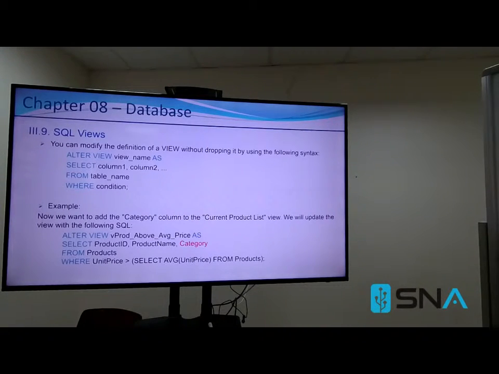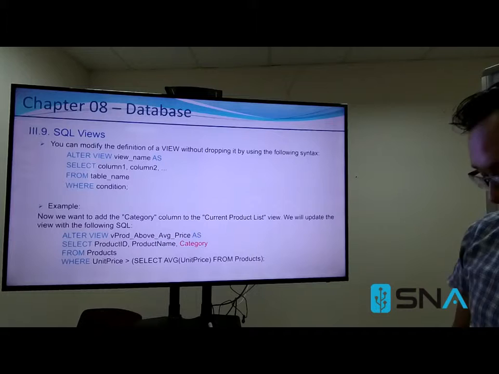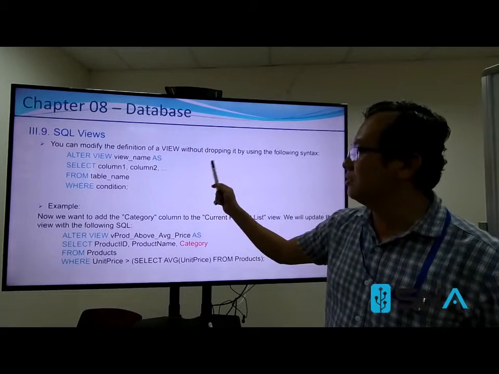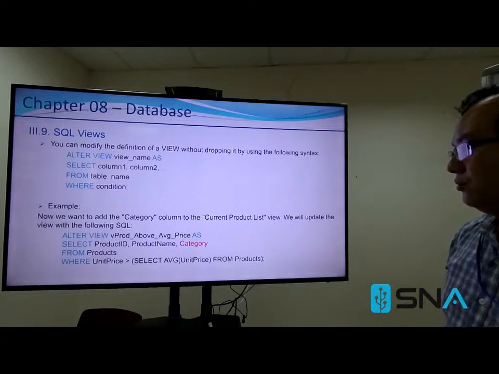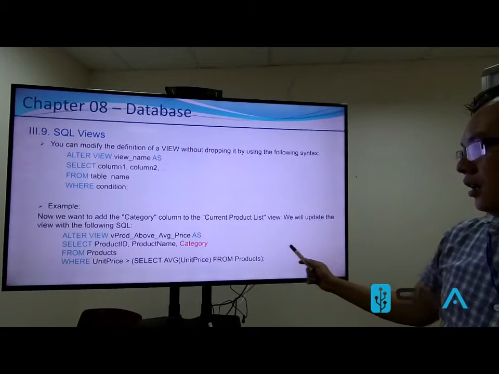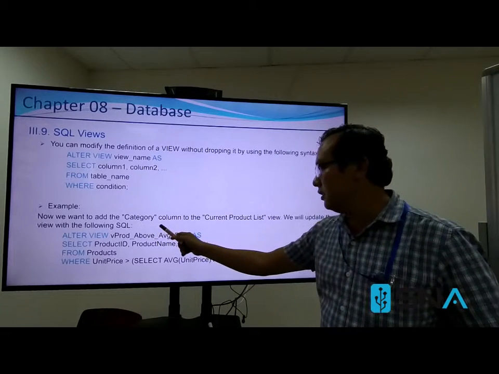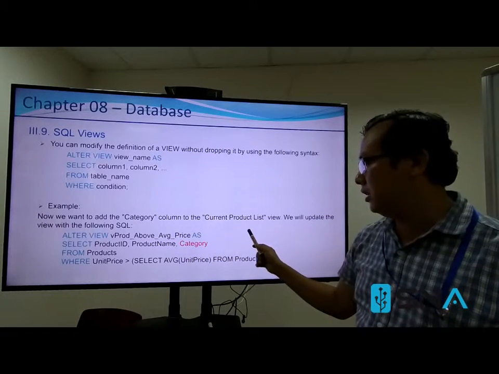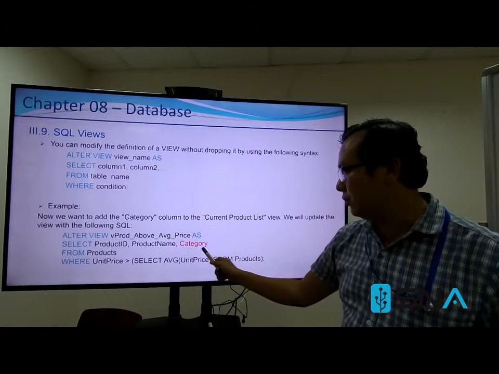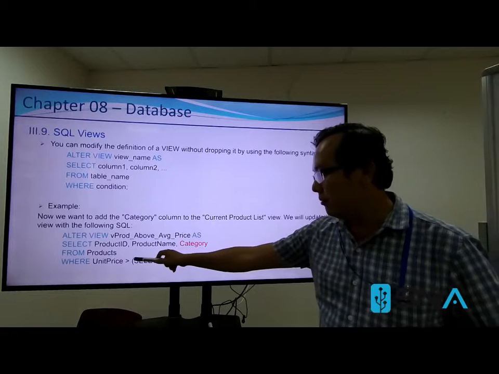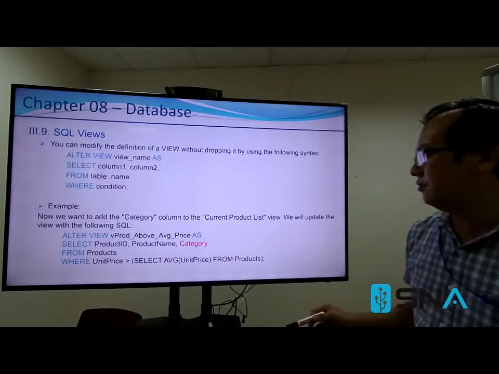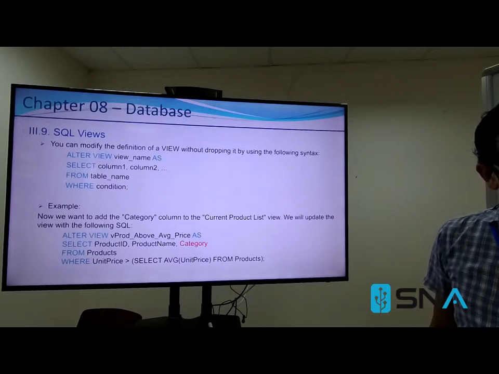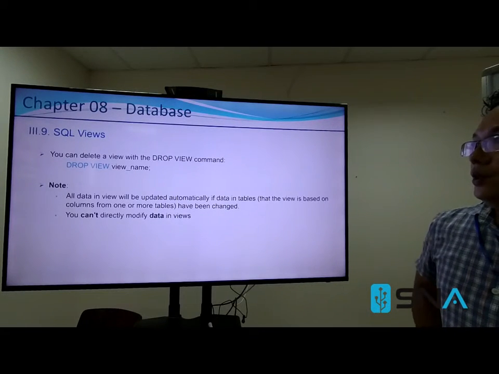After creating view, if we want to add more columns or remove columns, we can use alter view. Same with table, alter table, in view we will use alter view. For example, we want to add more category column to this view, so we will alter view and add more column in here from table product, and this is the condition. Product view, if we don't use